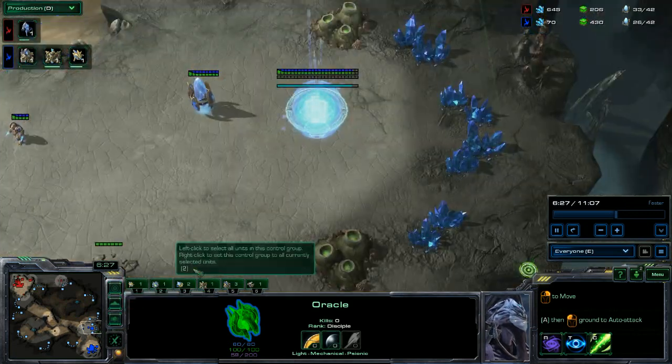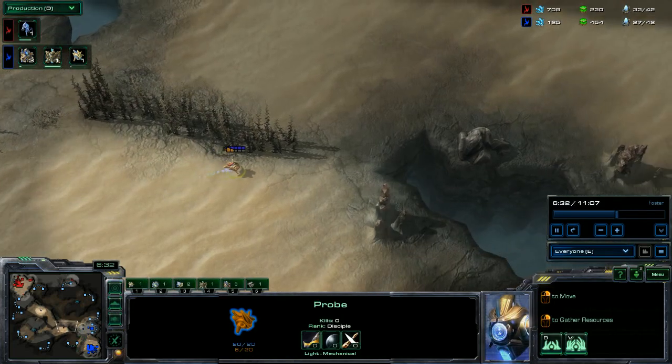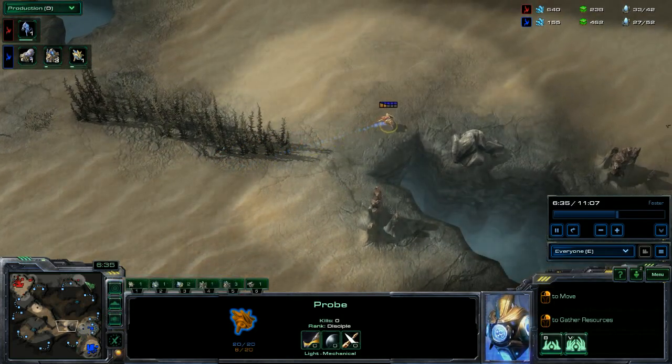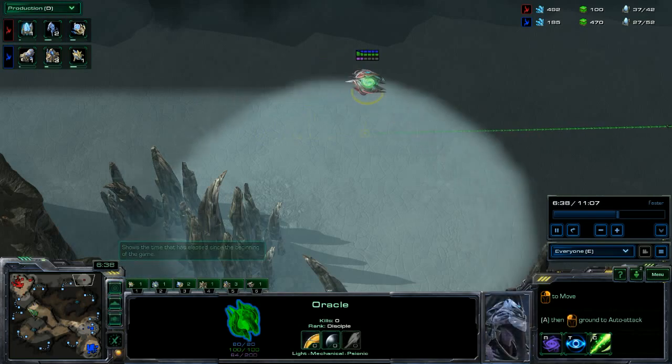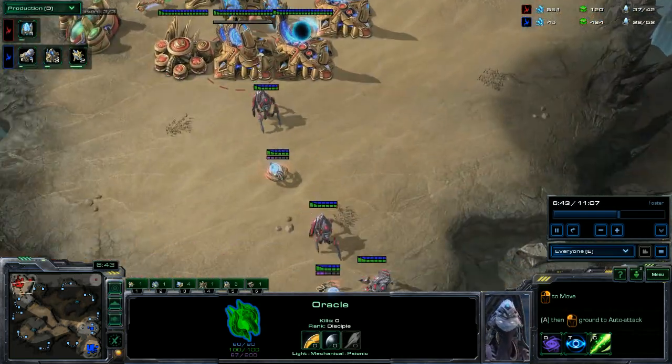I haven't actually realized at this point that he has that second expansion until I get this probe in. And then I realize that, yep, I'm really safe. I can just go to town on his workers and there's not going to be much he can do. Meanwhile at home, I'm